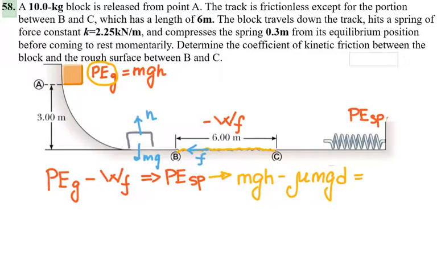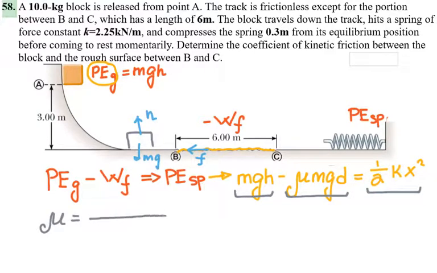And the rest of it is going to be ending up in 1/2 k x squared, the compression. So next, what I can do, I can multiply every single one of them by 2 and solve for mu. So I'm going to skip some steps, but you can go through the whole simplification. So I will have mu is equal to, if I multiply every single term by 2, I have 2g, 2